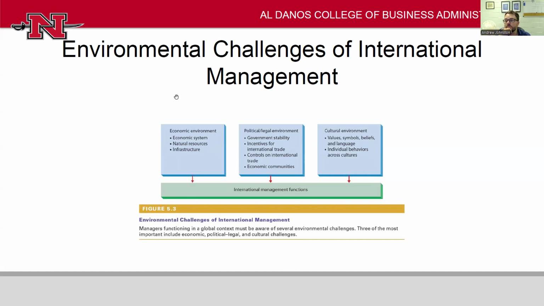Maybe we're used to an environment like the USA where we can get things from point A to B and then to port relatively easily. And now we're moving to a country where perhaps there are high levels of lawlessness and robbery, or the infrastructure just isn't there. We're going to need to build some roads. Maybe the political situation is risky. Maybe there's a big cultural divide between our country and that country.